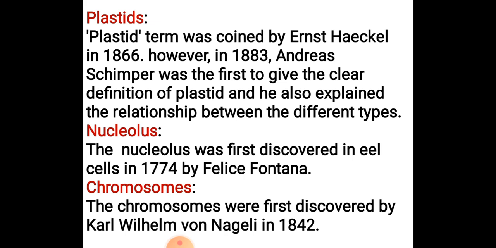Next is plastid. The term plastid was coined by Ernst Haeckel in 1866. However, in 1883, Andreas Schimper was the first to give a clear definition of plastid, and he also explained the relationship between different types. As we all know, there are 3 types of plastid: chromoplast, chloroplast and leucoplast. So the word was coined by Ernst Haeckel. Then Schimper gave the definition of plastid, and he also explained the relationship between its different types. Okay,